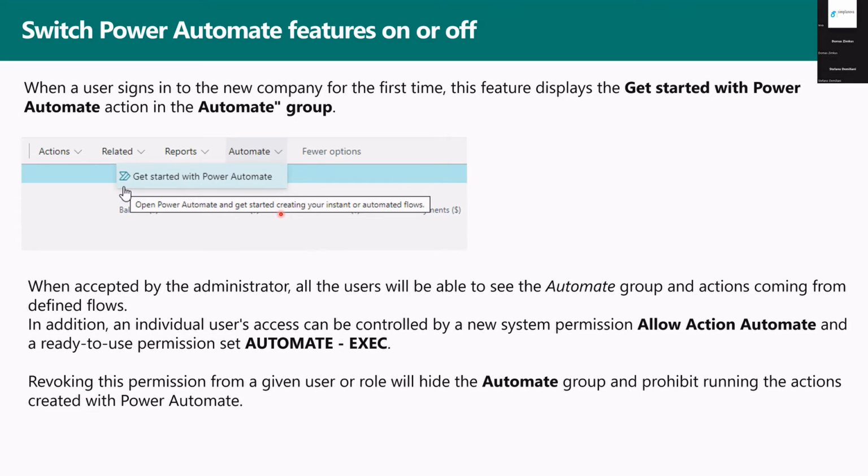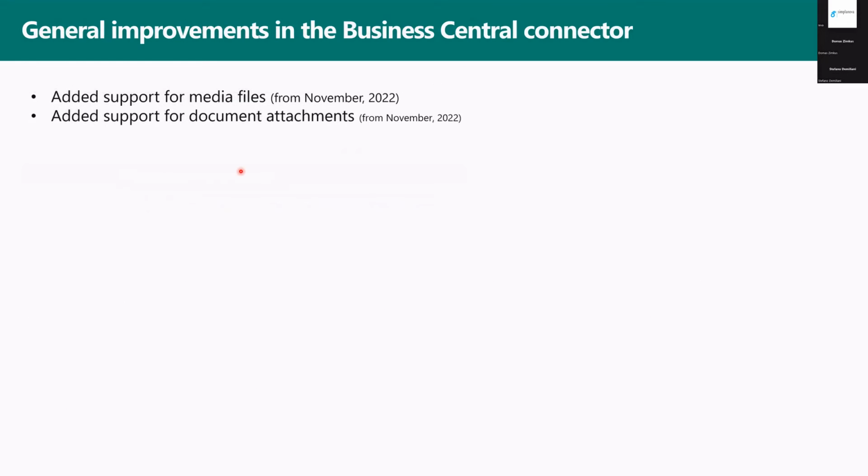You can also specify permission to users with these new groups available, or revoke permissions, in order to control what type of users, and which users, can use Power Automate inside your organizations. And the Business Central connectors for Power Automate and for Power Platform in general